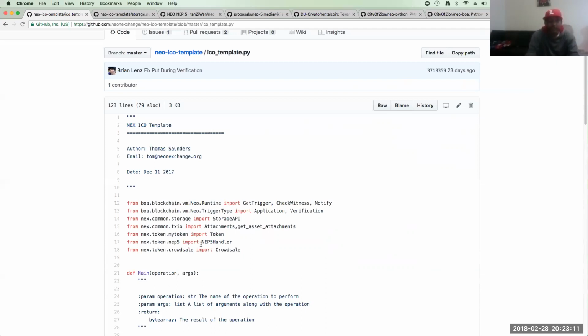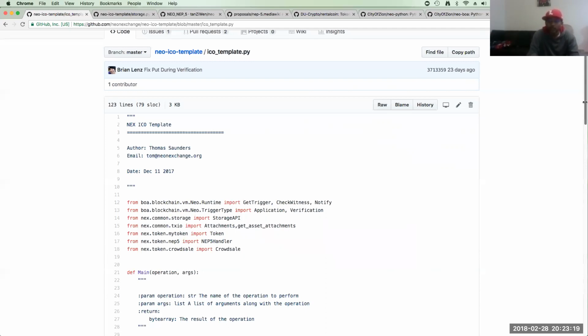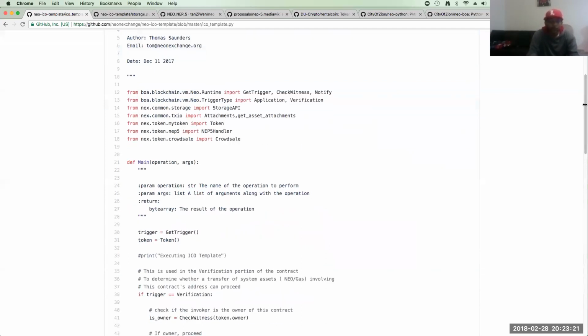Now this is an ICO template, so we don't need the crowd sale, and we don't need the get asset attachment. Because what they're doing for that is selling using Neo and gas, and then depending on how much gas or how much Neo they put in, they get a different amount of these NEX tokens.